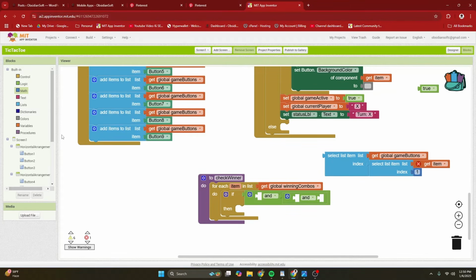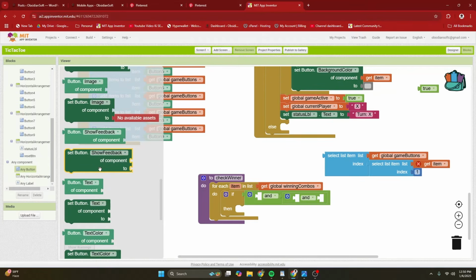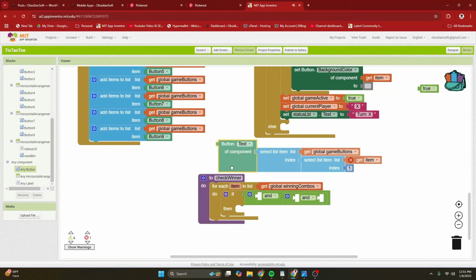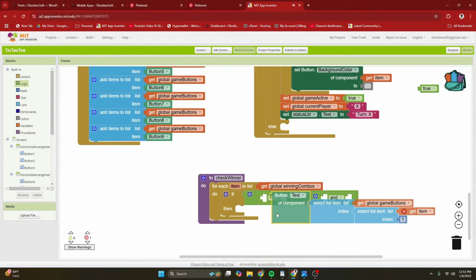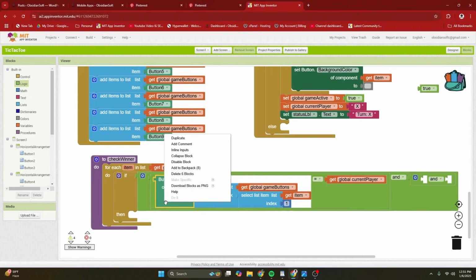okay, and what will we be checking? We will be checking the button's text. So you can use the any component, any button, go down and get the text. So I actually need an equal to block too. Plug that in, plug this one here, and this one will be now, if I right click, duplicate, and this is the current player. So we first of all check if the first slot in our winning combination has the current player, and